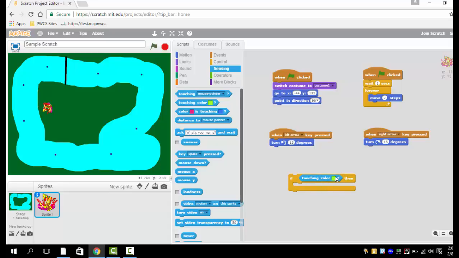It will drop it into that shape. It will go ahead and change the size of the piece of command that we already have there to fit that particular shape. We don't want it in the loop. We want it in that shape piece. Once that piece is in there, I want you to click on that small colored square that's inside of the command. And when I click on that once,